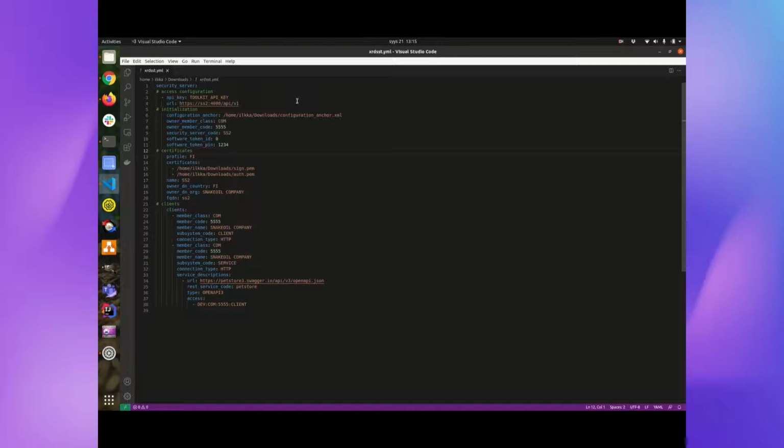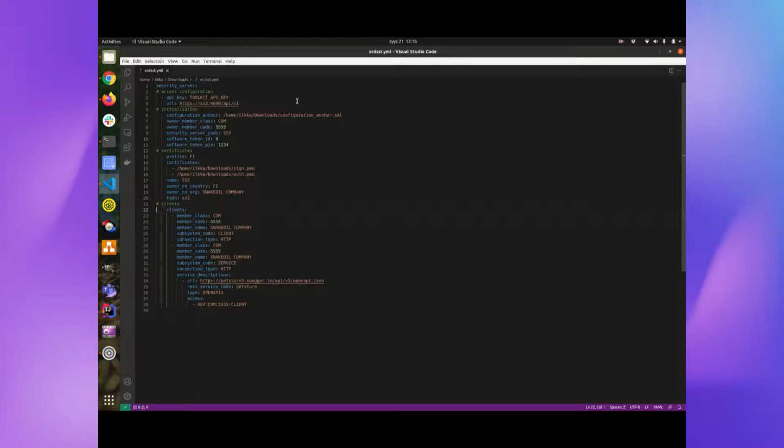In the certificates section, I'm using the Finnish certificate profile. There are other international profiles available as well. And in the certificates section, I'm pointing out where the toolkit can find the certificates. And the following parameters will be written to the certificates. And then in the client section,